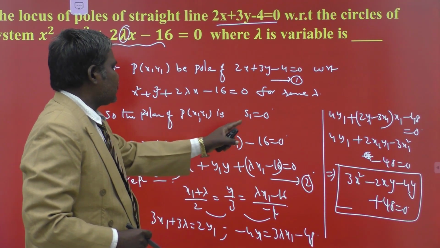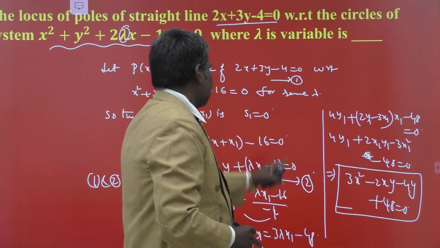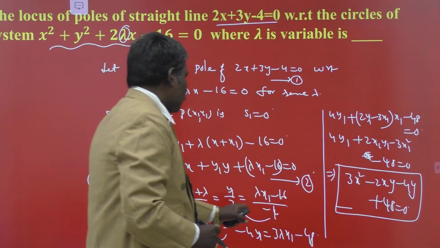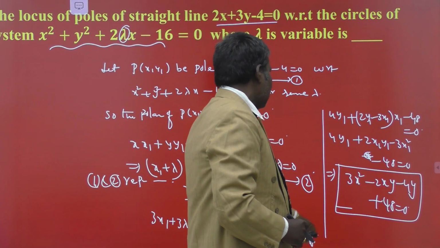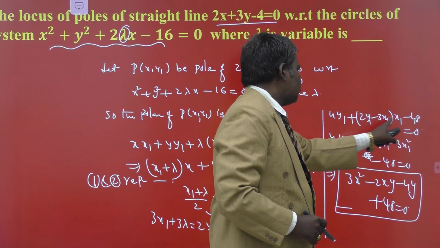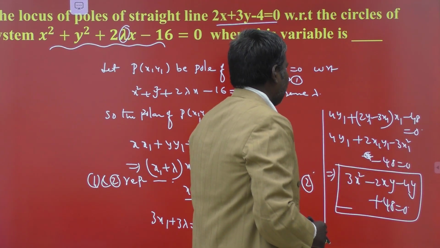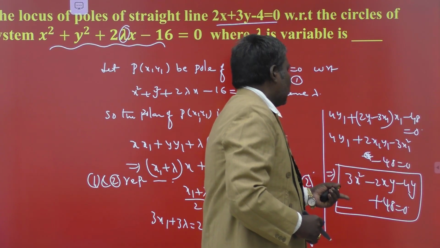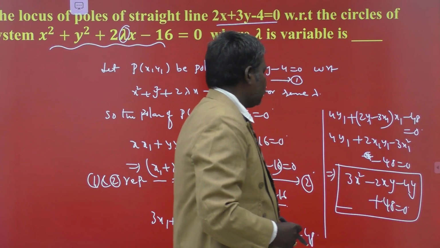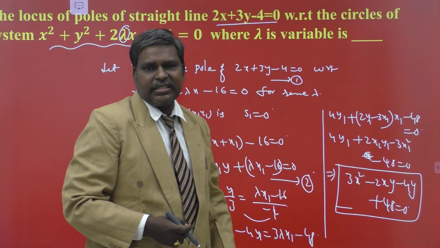That is 2y1 minus 3x1 here itself. Minus 4y1 comes to the right side, that is plus 4y1. That is, 3 lambda value is 2y1 minus 3x1 into x1. This x1 is there, minus 48 equal to 0. So 4y1 plus 2x1y1 minus 3x1 square minus 48 equal to 0. Multiplying on both sides by minus and writing the locus, that is, instead of x1 by x and y1 by y, we get the required locus, that is 3x square minus 2xy minus 4y plus 48 is equal to 0.